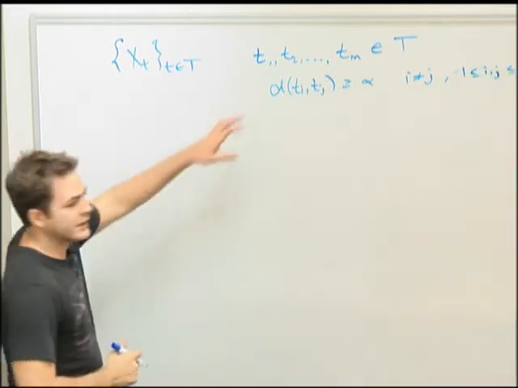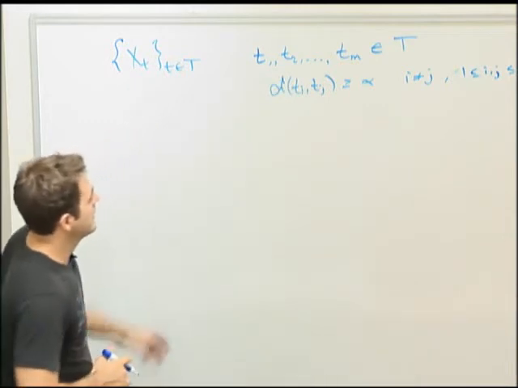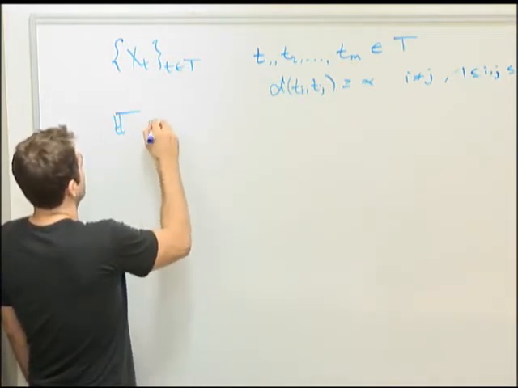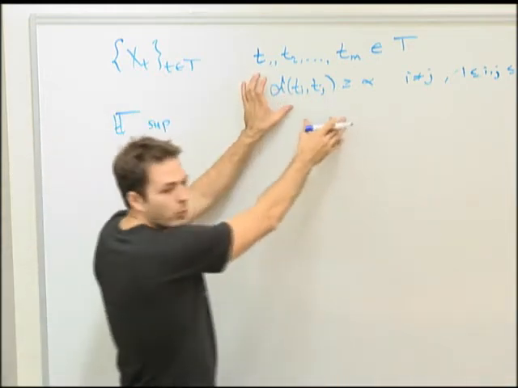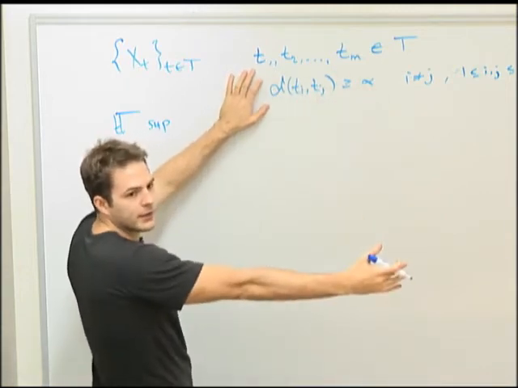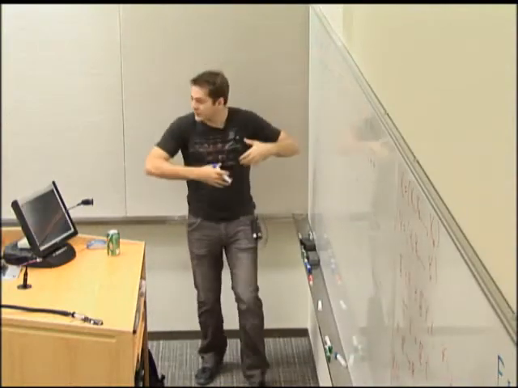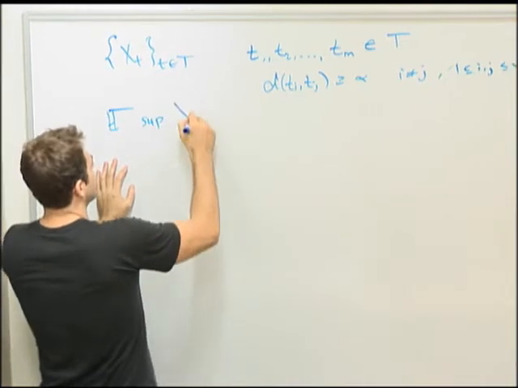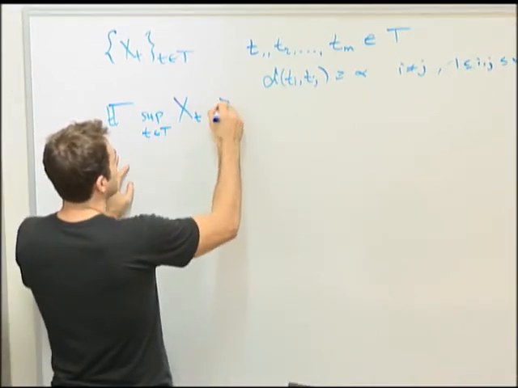So far it's in the same setup as before. But now I want to get a slightly stronger inequality, which is the following. I want to say that the expected supremum of this. Basically, what we did with the pseudo-Gaussian inequality was pick up one scale. If we know that these points are uniformly separated, we get some lower bound. But if we're going to build this tree, then we need to pick up this scale plus the rest of the scales that are coming from smaller distances. So here's the inequality that we're going to want to use.